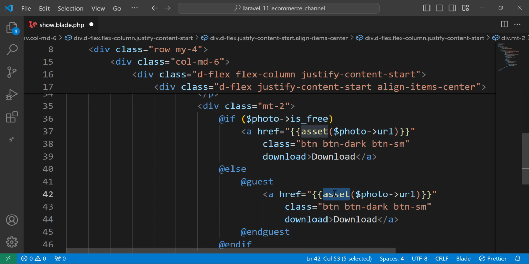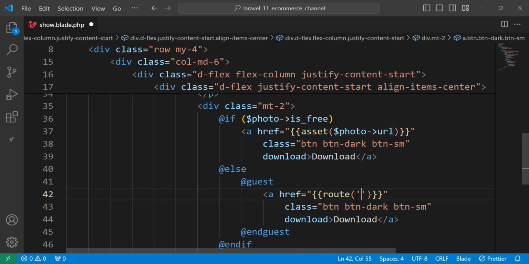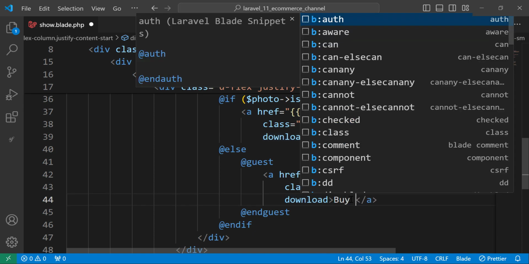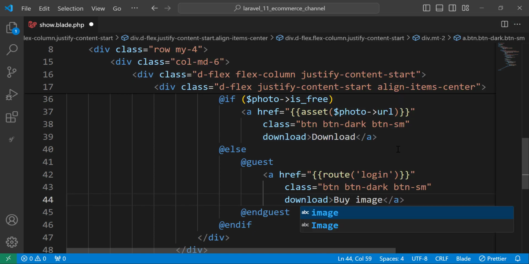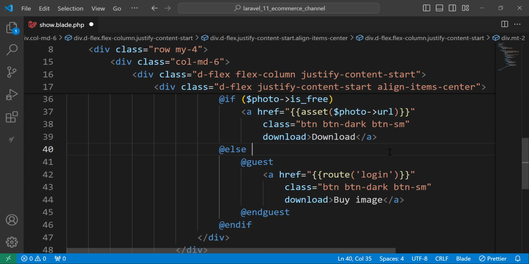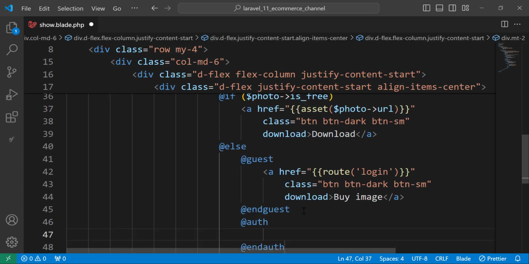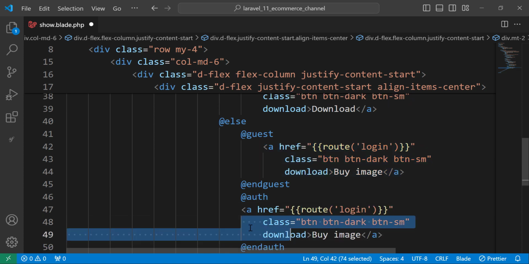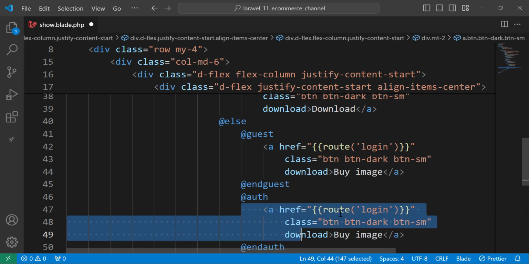So if the user is a guest, we need to send the user to the route which is the login. So the user needs to be logged in to buy an image, and we add here buy image. And if the user is authenticated, let's add here auth, and we will also add another button to buy the image, but later we will add